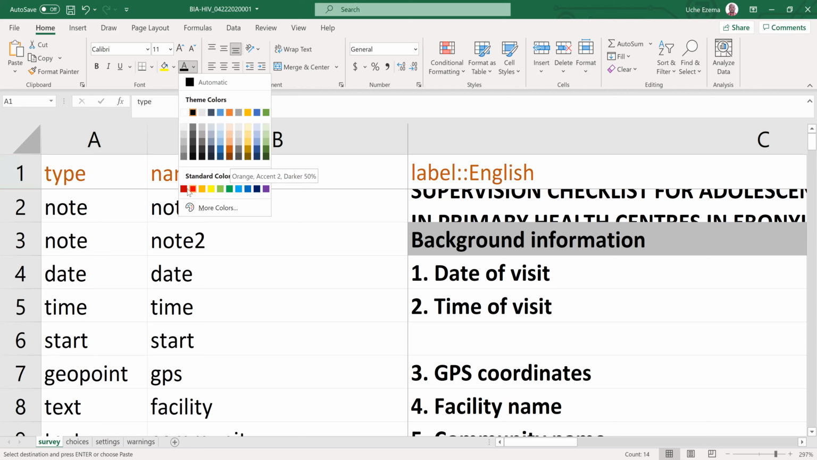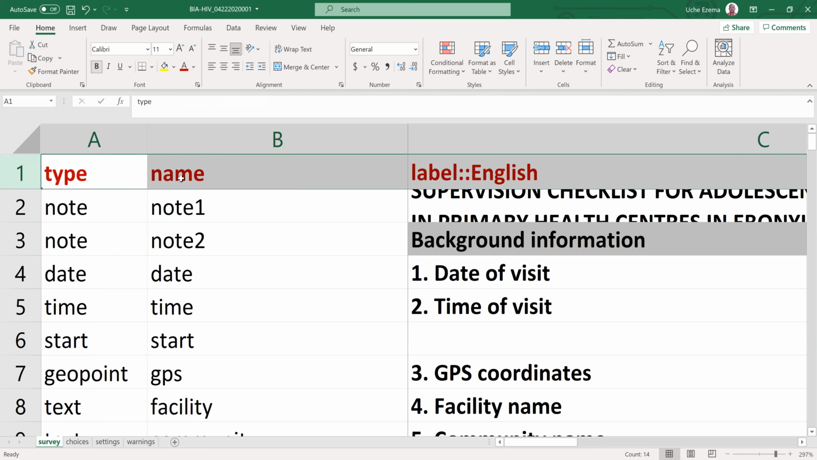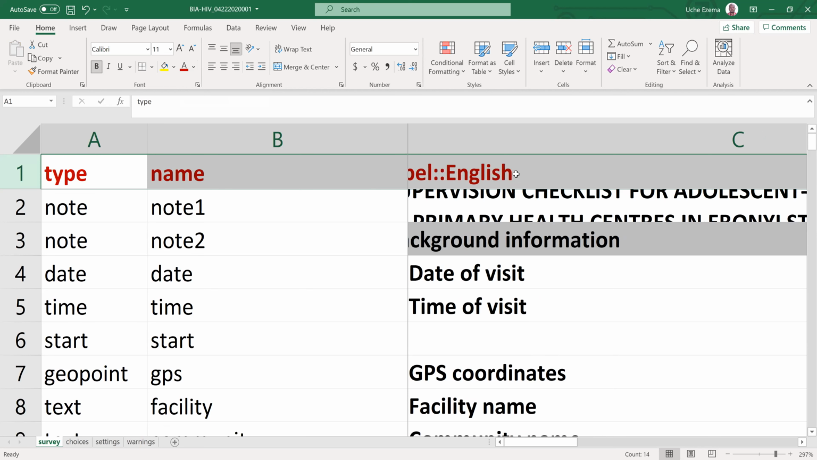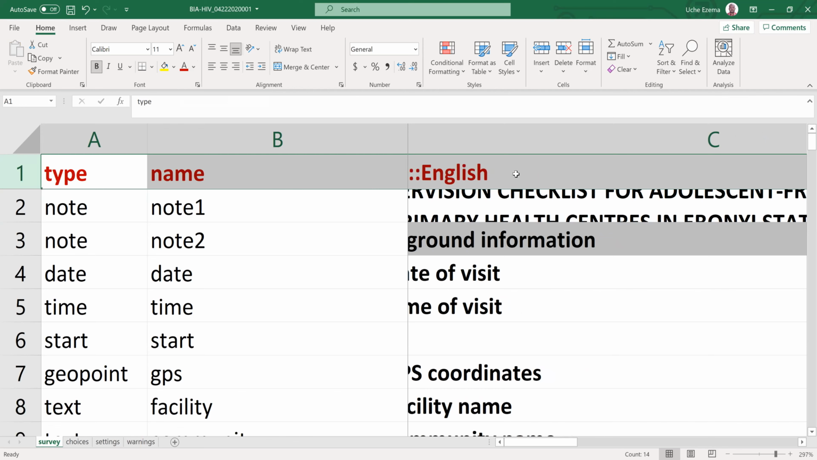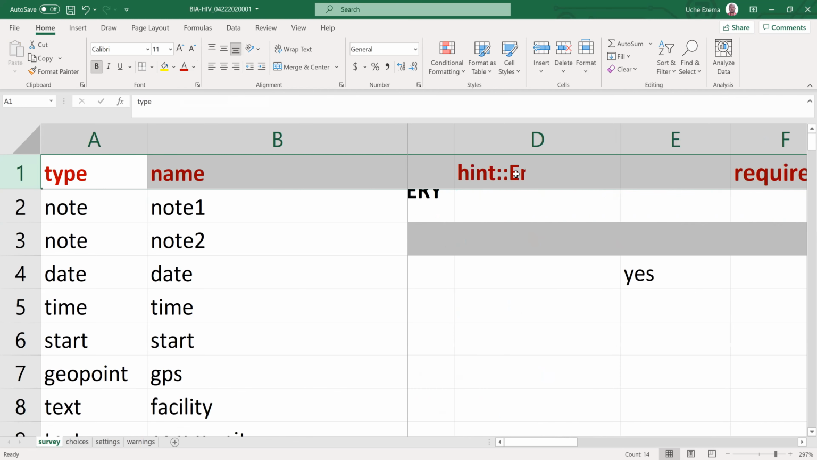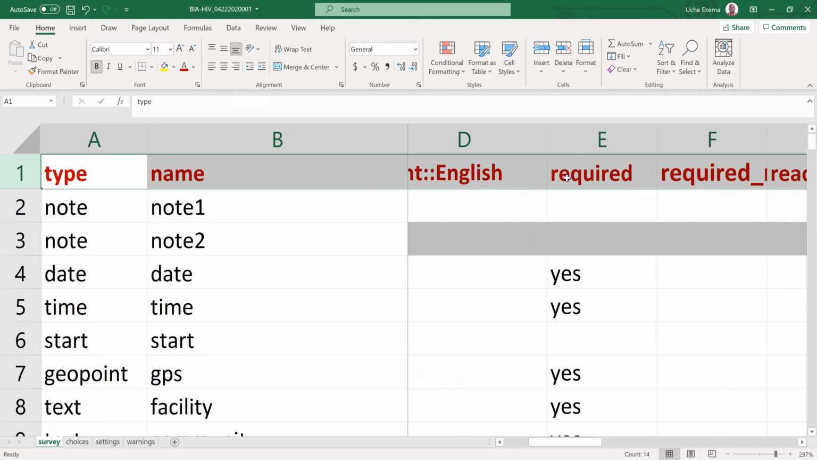Are you seeing it clearly? Yes, type, name, label. Please forget this pom-pom English. When you build your form in ODK, you may see something like this, but it has no effect. So hint,